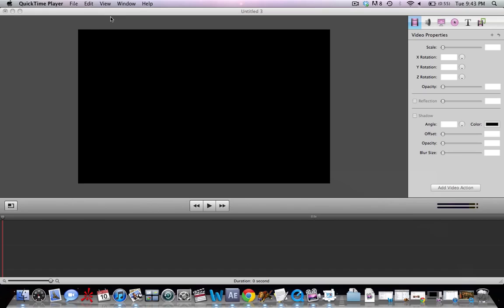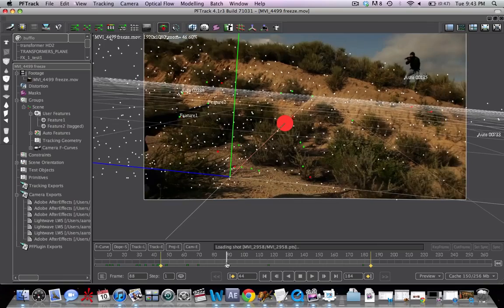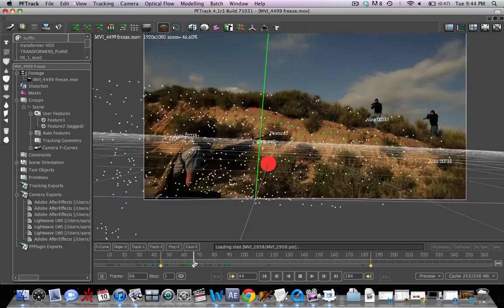The programs we're going to be using are PF Track as well as After Effects. So let's go ahead and open up PF Track. We've got another tutorial on this on the VFX Bro channel. Go ahead and check it out. There'll be a link at the end. But basically, we're just going to track this shot out. A nice little tip we have here is going to be